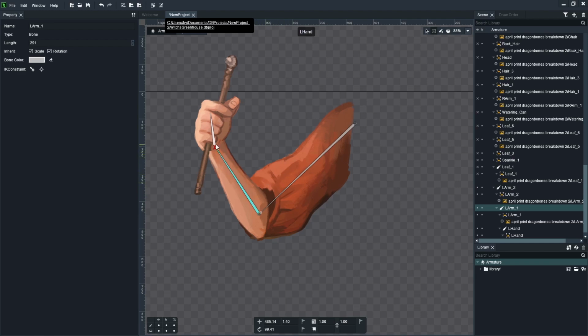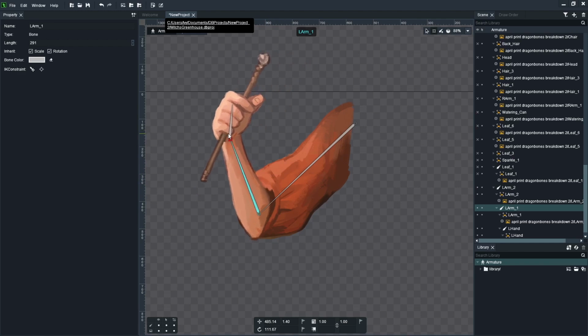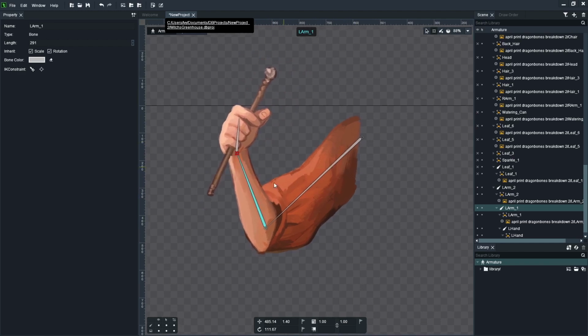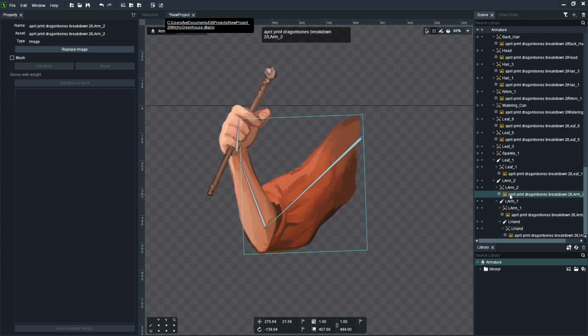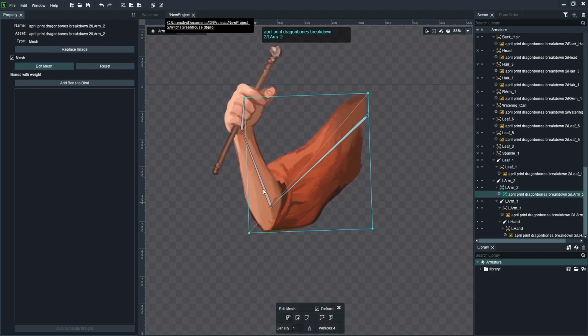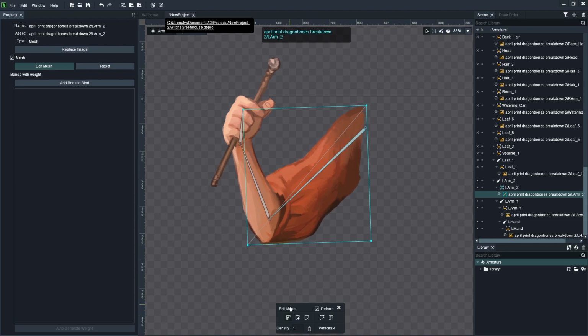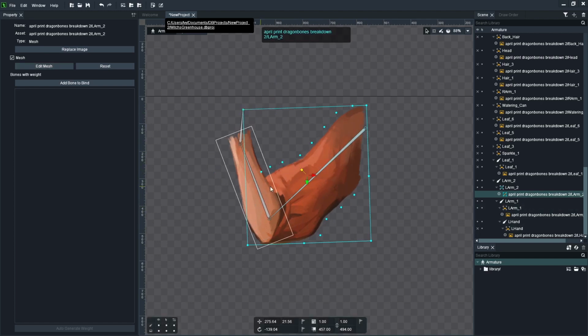So what we have to do for this is create a mesh and weights on this image. So that would be this one. This is the sleeve. So you would select this, and over here on the left, you would go to mesh and then edit mesh. It isn't going to do anything just yet, but it will bring up this little panel where you can change the vertices. So we're going to create some vertices. And if you've ever done any kind of 3D stuff, it's basically creating a 3D mesh for this to move